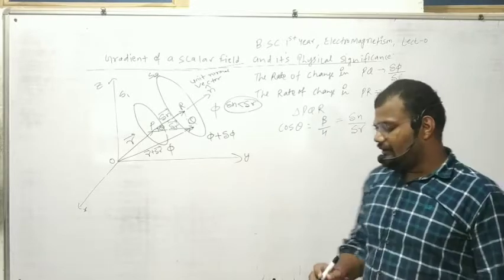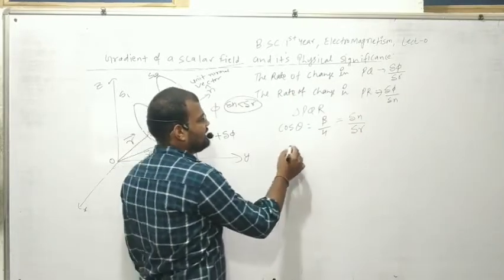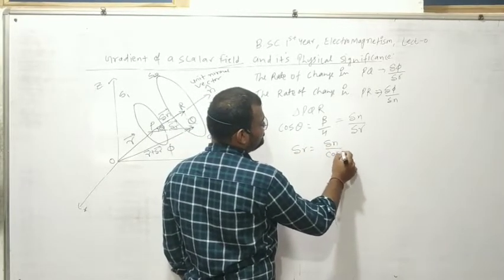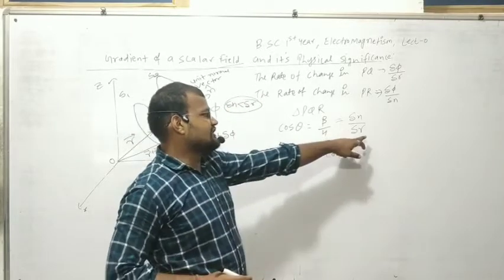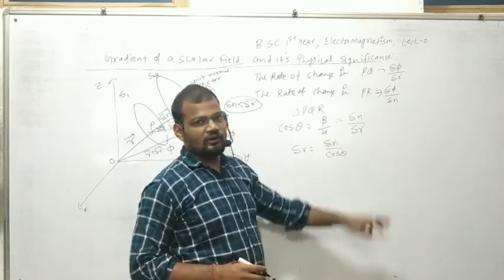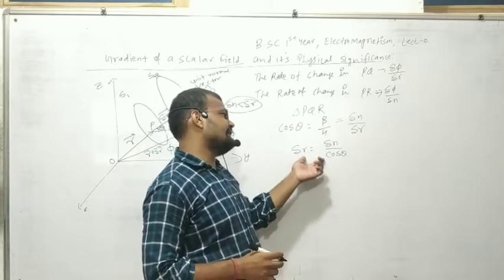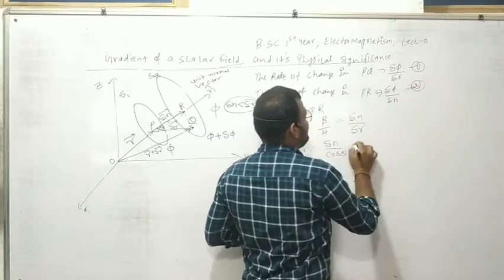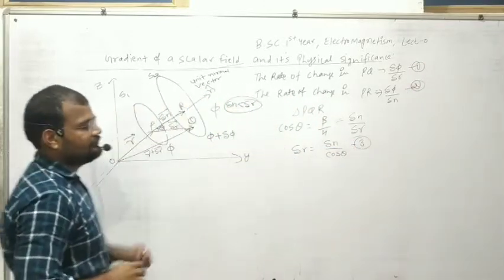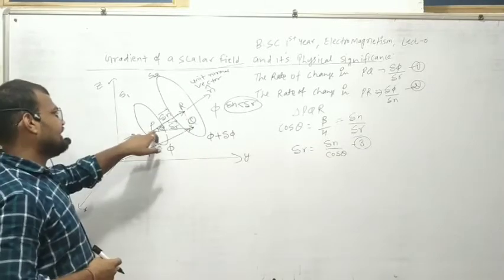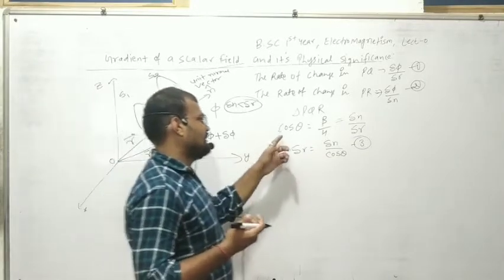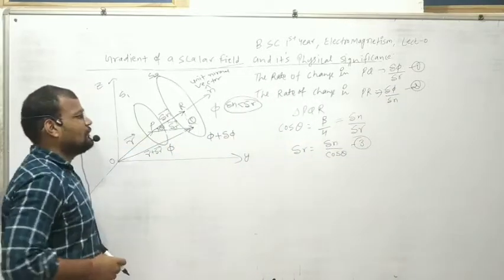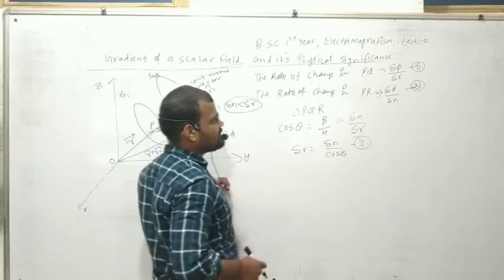Okay. So here cos theta will be del n upon del R. Transfer del R to the left side and cos theta to the right side. What will you get? Del R equal to del n upon cos theta. This was your equation 1, this was your equation 2, and this is your equation number 3. Okay. Clear? So from triangle PQR, cos theta will be del n upon del R, then del R will be del n upon cos theta. So this is your equation number 3.